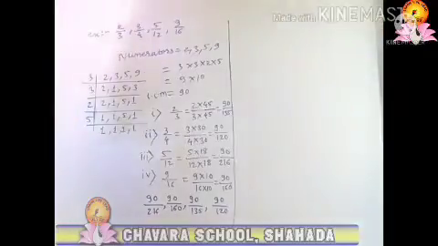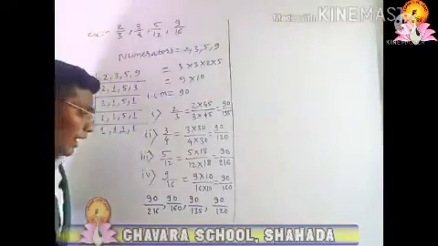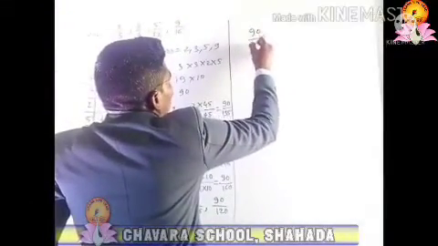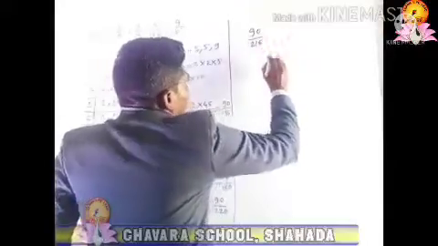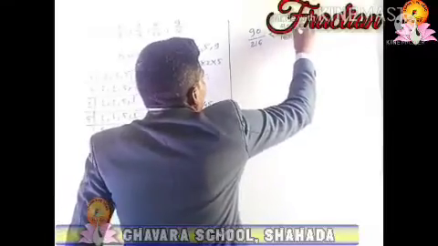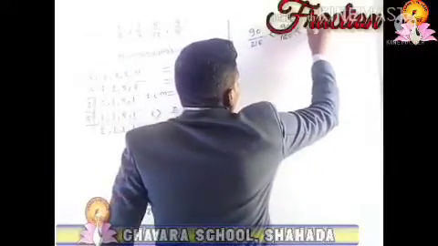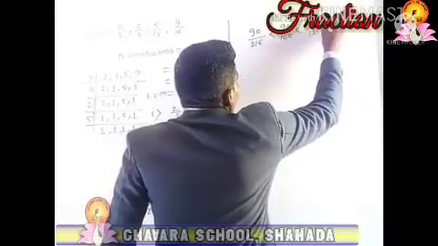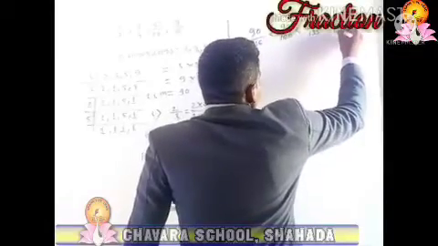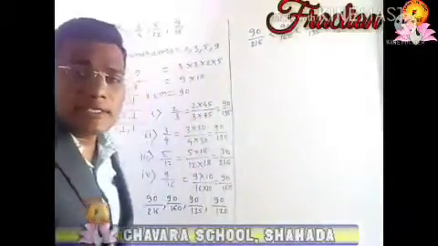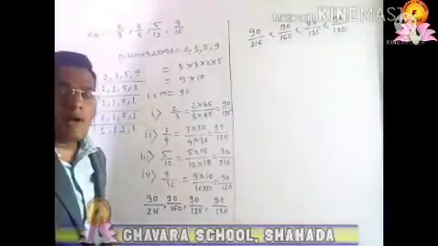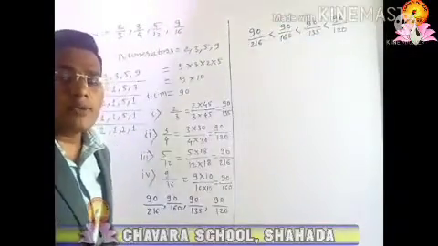So these are nothing but fractions, and hence we can say that 90 by 216 is the smallest fraction, then 90 by 160 is smaller than 90 by 135, which is smaller than 90 by 120, and 90 by 120 is the greatest fraction. This is how we learn to compare fractions by both the methods.